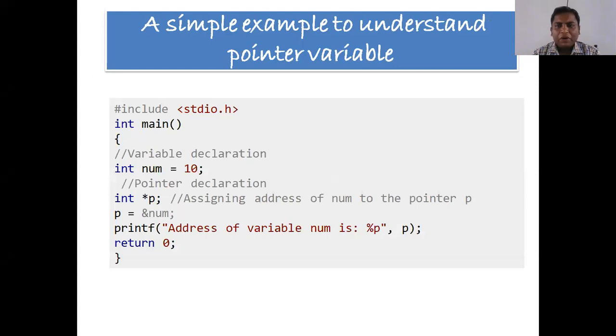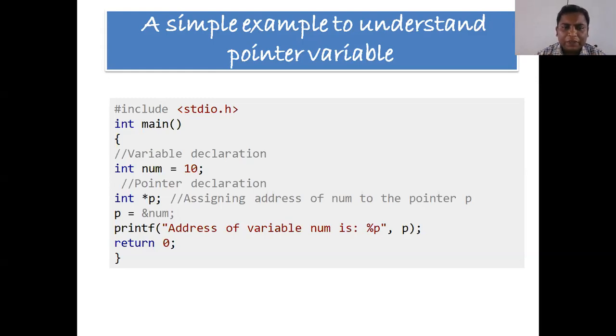Now, as we all know, in order to use anything, what we have to do? First, we have to declare, and then we have to initialize. So for pointers also, we have to first declare a pointer, then initialize that pointer.